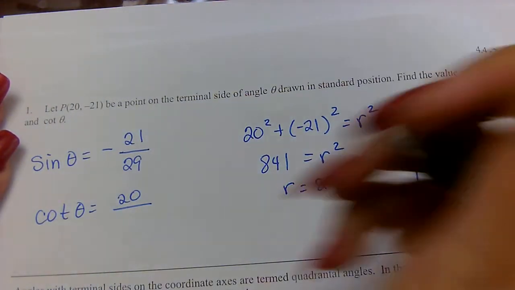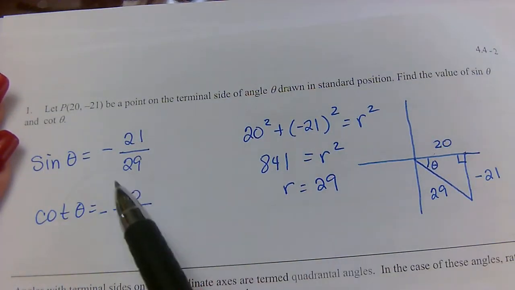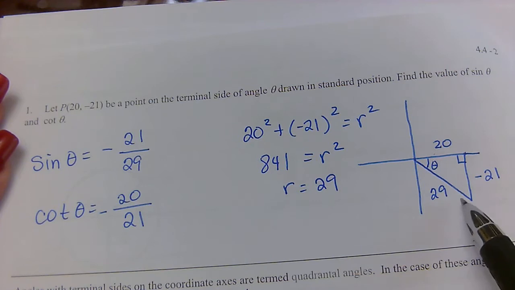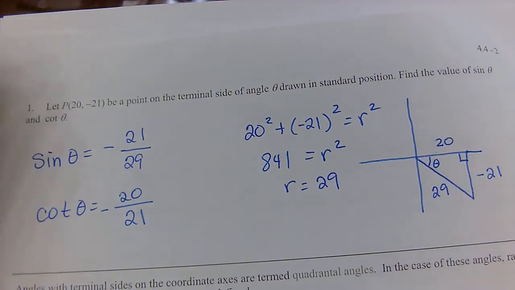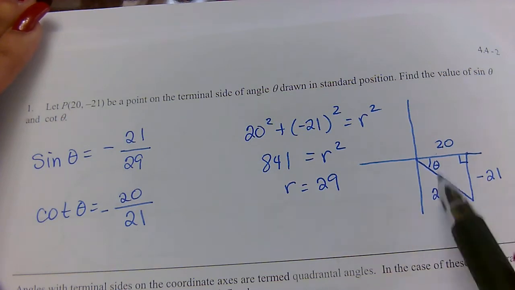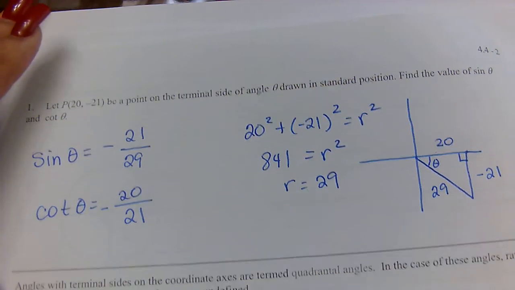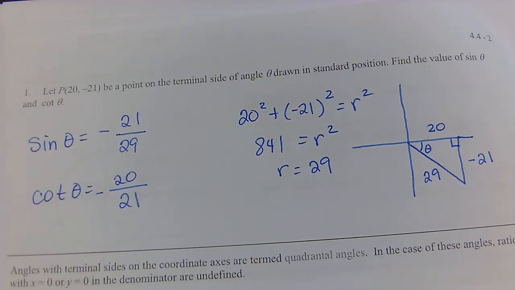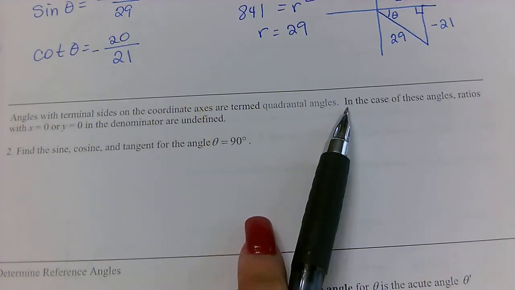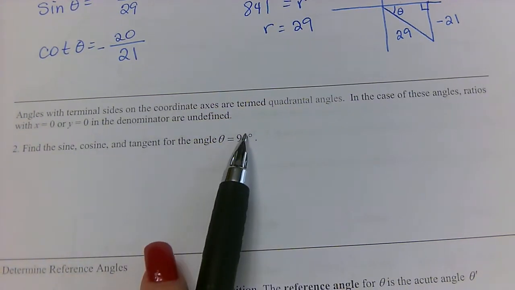Opposite is going to be negative 21. Okay, and does this match our trig functions for over here? Well, yes, the only thing we expect to be positive in quadrant 4 is cosine. So sine and cotangent should be negative, and here they are. All right. Okay, next part we're going to go ahead and talk about what happens